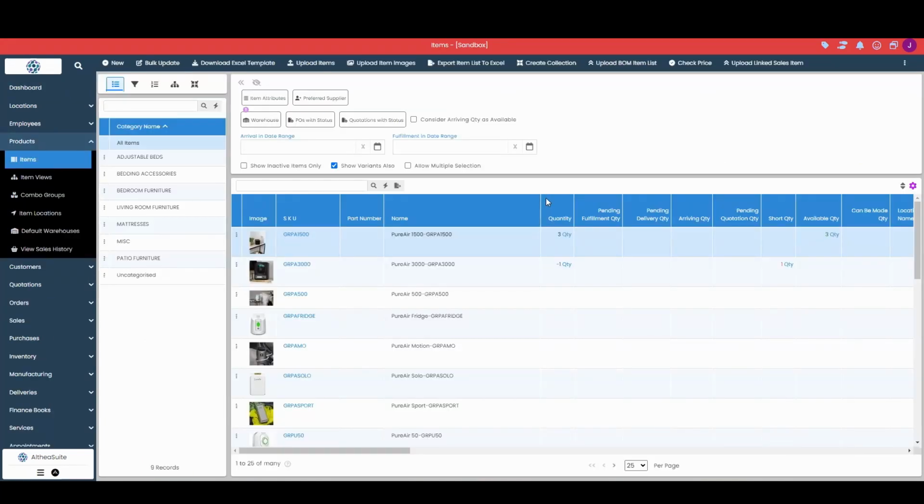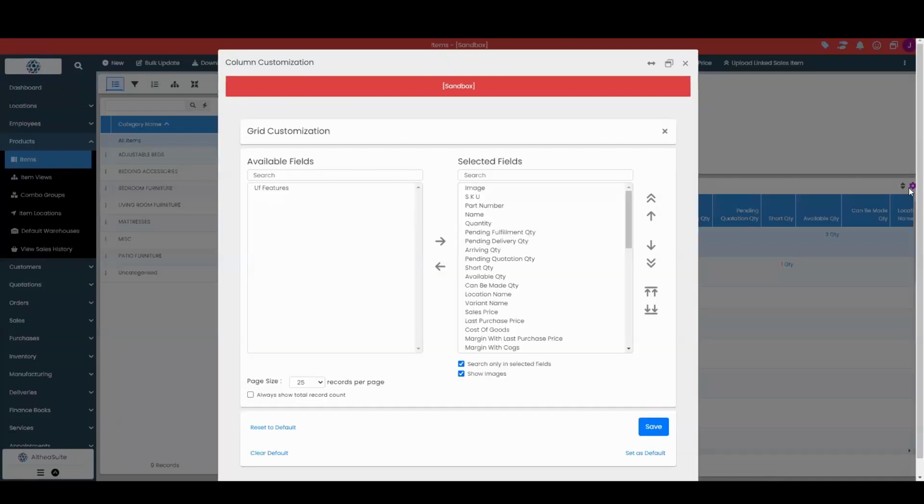Next, we want to take a look at our navigation and search features. So in AltheaSuite, in each module, you will be able to see a gridded screen like the one you see here. Now with this gridded screen, we can both customize the information that's displayed, as well as the order of the information that's displayed. With our gear icon to the right-hand side of the screen here, if I click into this, it will